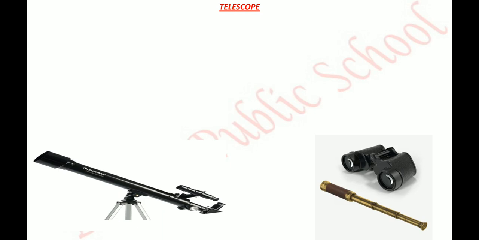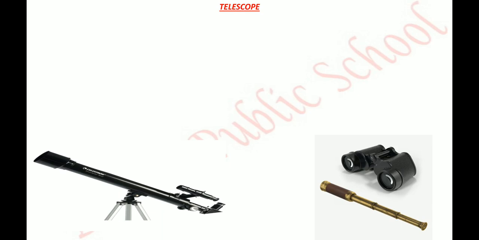Sometimes we observe things which are in space. We observe stars, we observe planets, we observe satellites. So those kinds of telescopes are called astronomical telescopes. What I wanted to give you is the idea of a telescope: with the help of a telescope, we observe things which are this much distant, a star, a planet, or a satellite.